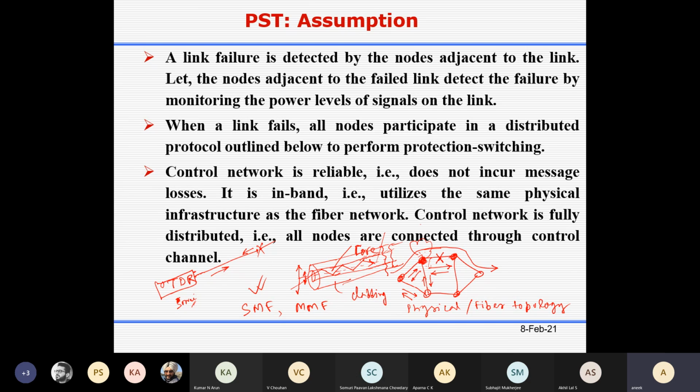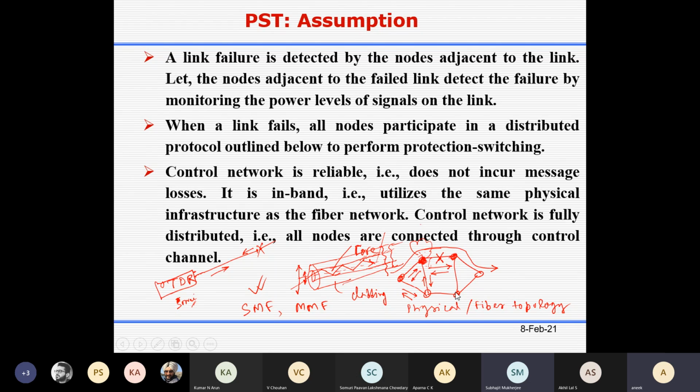So through time division multiplexing, they use a particular wavelength lambda 0, but over this lambda 0 one particular time slot is used to send the control packets, because dedicating the whole wavelength would be very expensive.